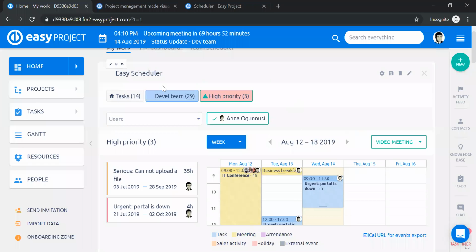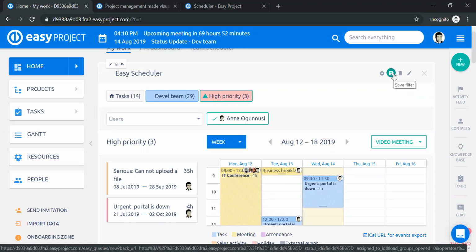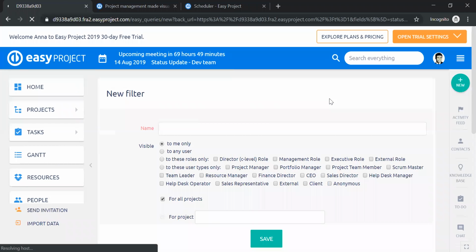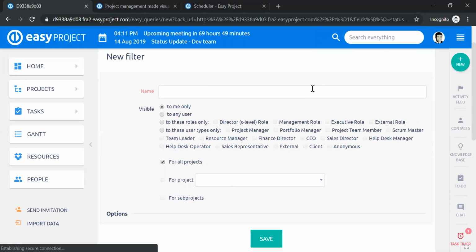Since I mentioned the filters, let's have a look at the filters, which brings us to the second icon over here in the toolbar, which is Save Filter. So when we click on that, we can actually create a new filter. Let's call it Test Filter. Then you can choose who it is visible to. So you can make it only to me, which is by default, or to any user, which means that any